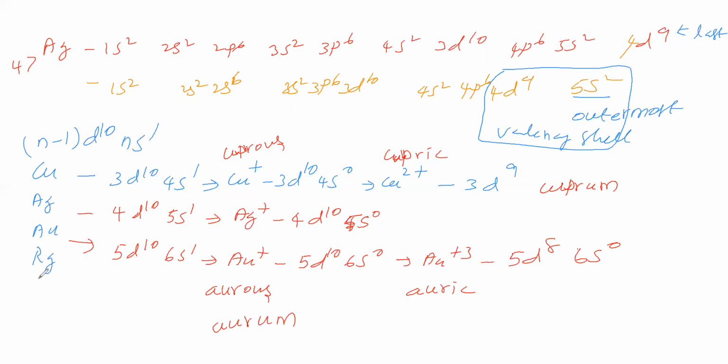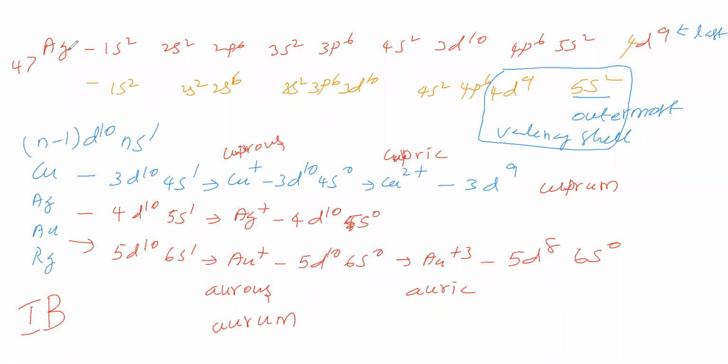Therefore, for this group, 1b is given. So copper, silver, gold are the coinage metals. For coinage metals, the general oxidation state is +1. It does not mean they don't show other oxidation states. Copper is mostly in +2, gold mostly in +3, and silver shows +1 only. So the general valence of coinage metals is +1. Therefore, for this group, the European group number is 1b.